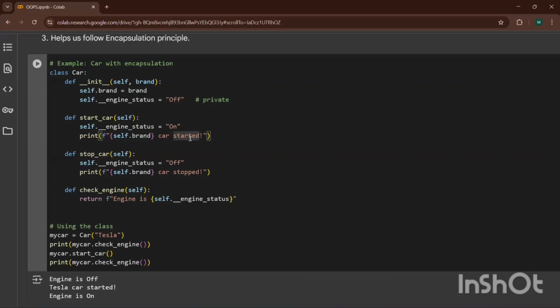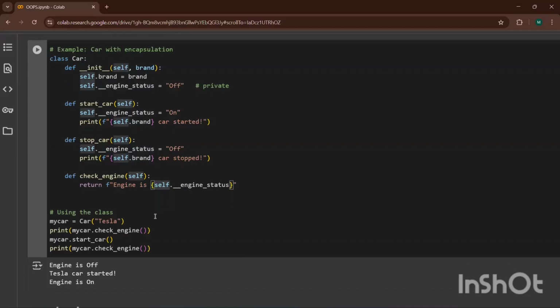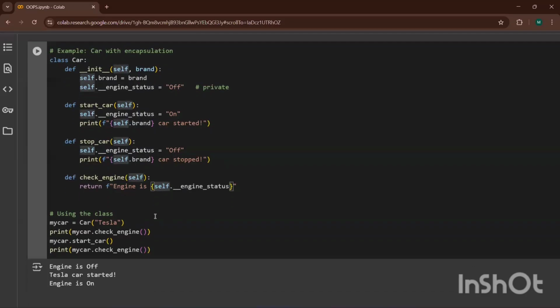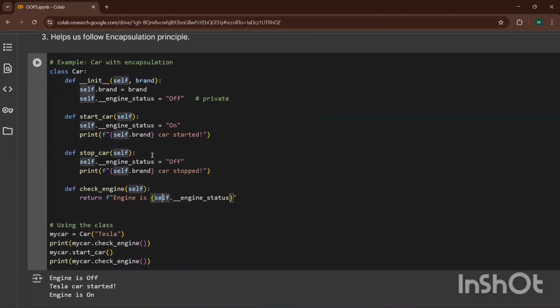Similarly, I'm creating the stop car function, self.engine, this time again off, and self.brand car stopped. Now, what if I want to check the engine, is it off or on? Just do the same as in the previous one. Check engine: self, return self.engine status.